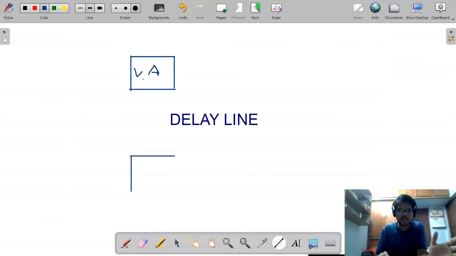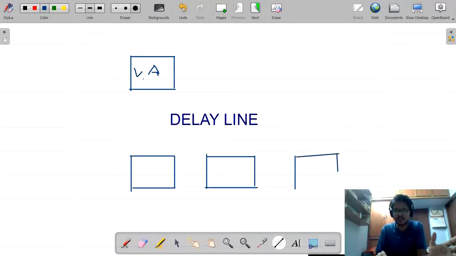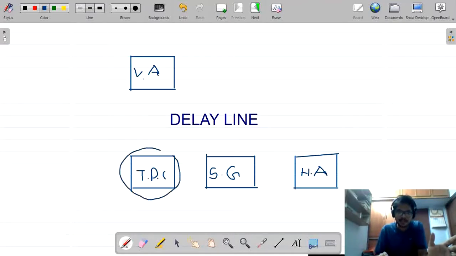In the horizontal deflection system, what are the components that we are having? We are having three components. First one is a trigger pulse circuit, second one sweep generator, third one horizontal amplifier. These three are the components that are present in the horizontal deflection system. Okay, from this we can clearly observe that the trigger pulse circuit acts as an intermediate stage between